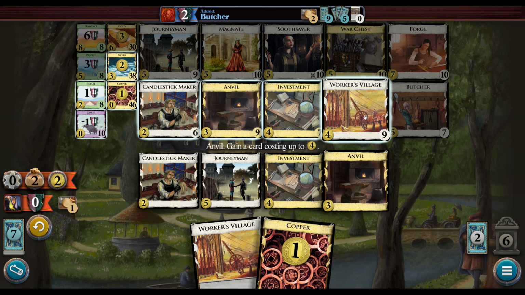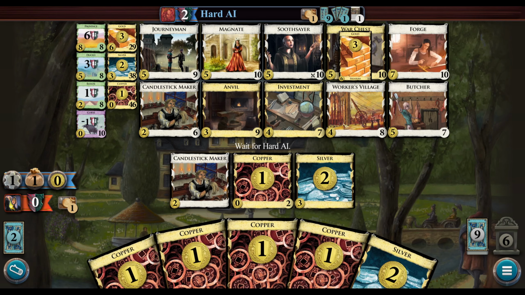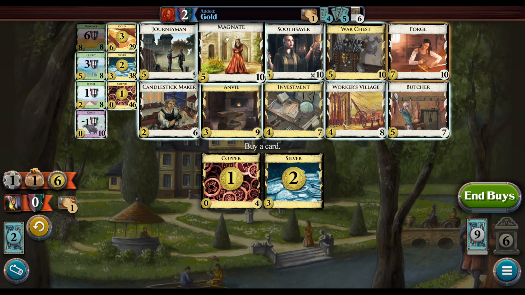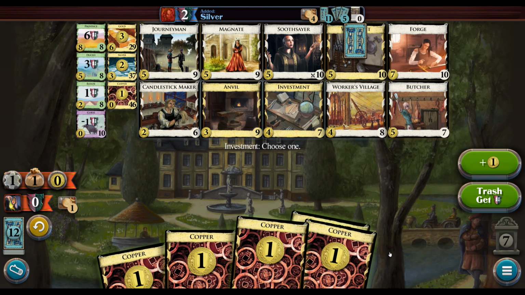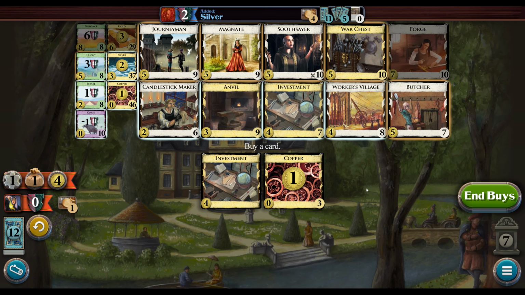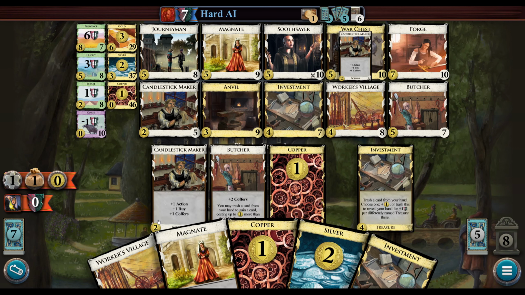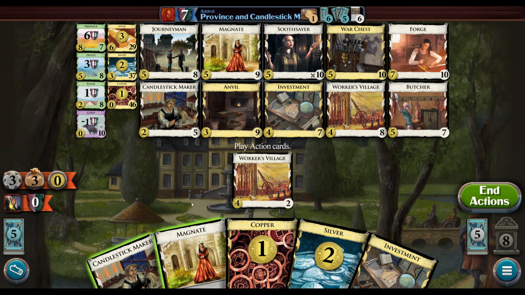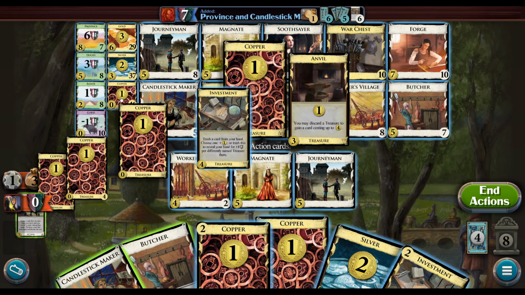So what we'll do, we'll get another workers village and maybe buy nothing. We could spend the token. I guess there's an investment here. Keeping the token may let us get a trash if we draw the investment, so we'll stick with this. And now I'm gonna get a Magnate. This draw isn't super good, but that's okay. And then I guess another Journeyman. We'll just kind of alternate Journeyman and Magnates. The Magnates are like more powerful draw in the end, but they have some consistency risks at the...